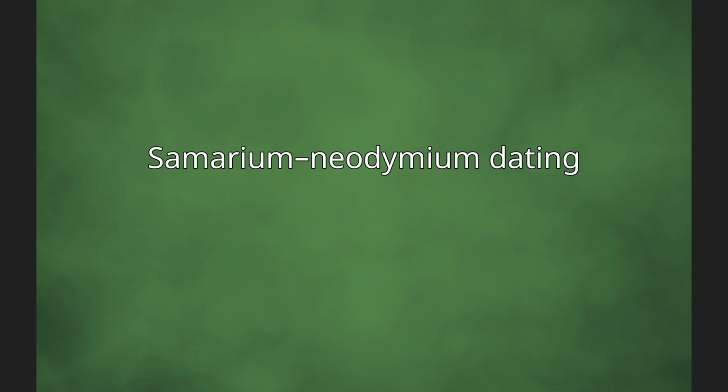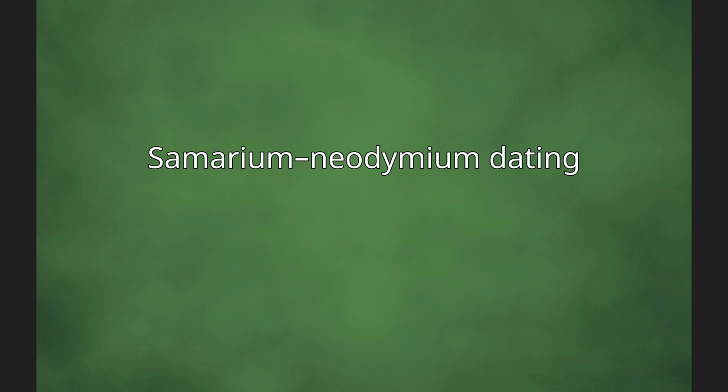Samarium-neodymium dating is a radiometric dating method useful for determining the ages of rocks and meteorites based on the radioactive decay of a long-lived samarium isotope, 147Sm, to a radiogenic neodymium isotope, 143Nd. Neodymium isotope ratios together with samarium-neodymium ratios are used to provide age information and the source of igneous